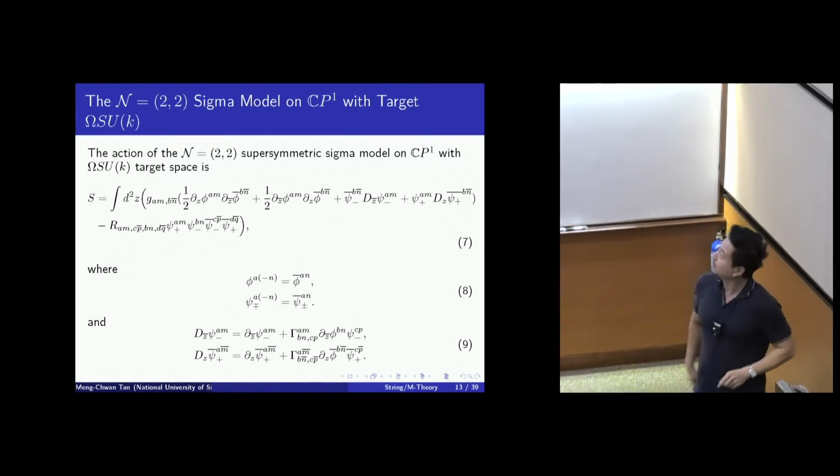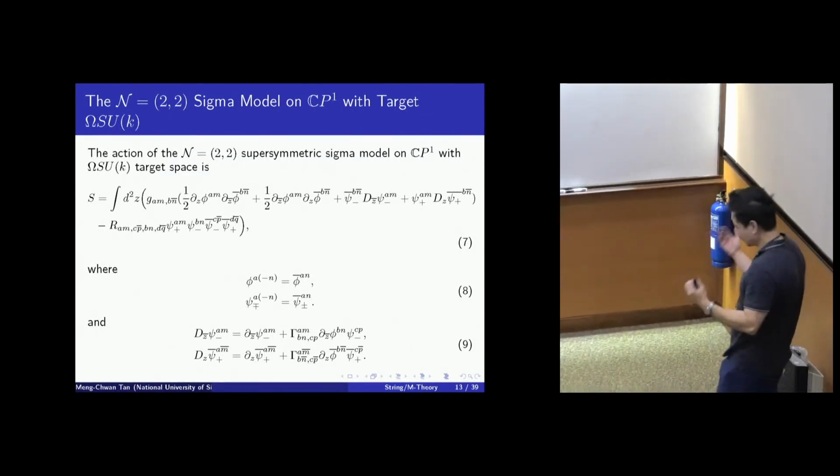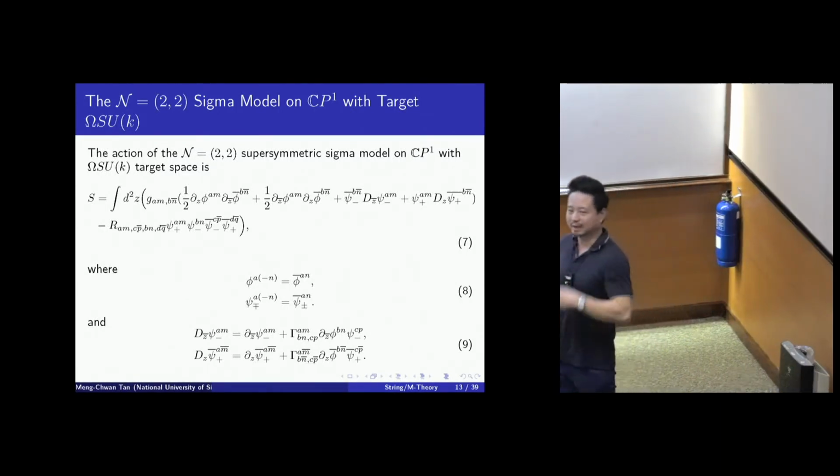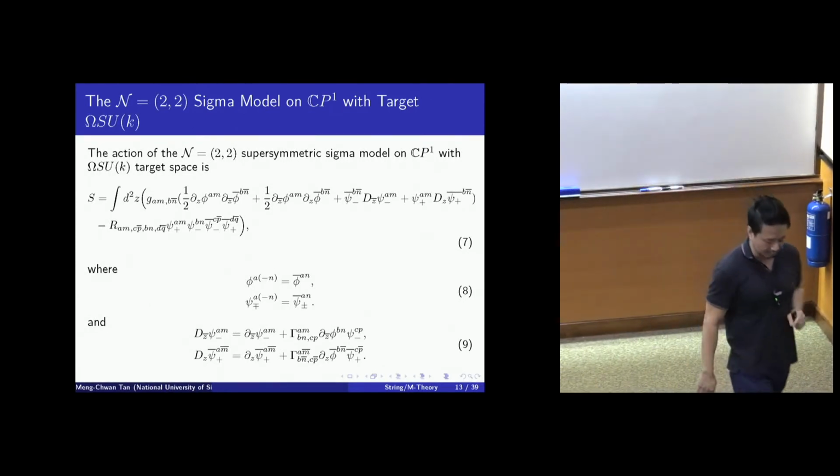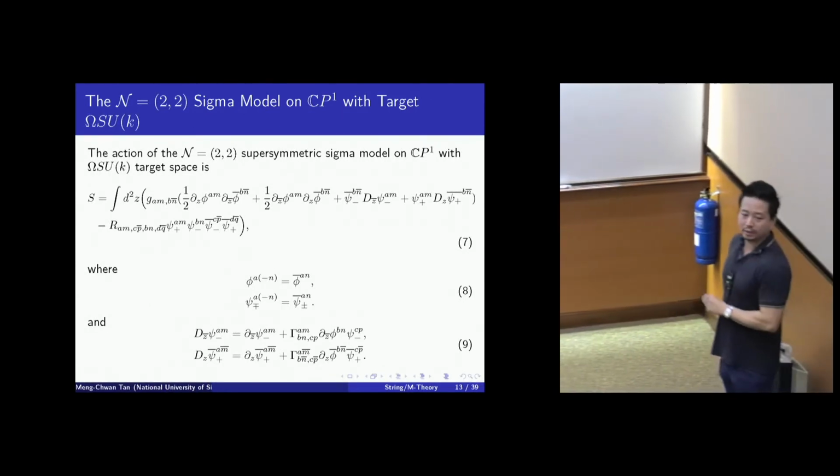Okay, so the sigma model that we'll be using is the usual one, N equals 2, 2. In type 2 string theory, you see such sigma models. The only